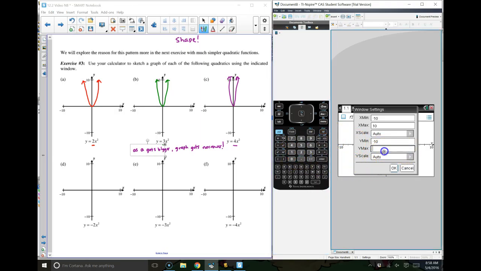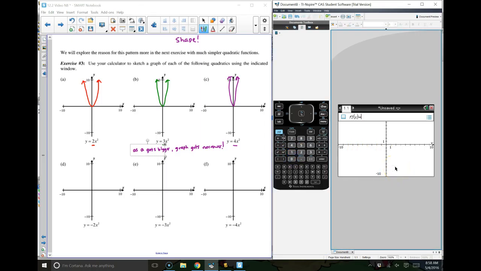Why isn't that typing it in there? There we go. Okay, hit OK, and now I'm going to type in my function, -2x squared. So the only difference with this one is which direction it should be facing. It's going to be negative, so now we're going to have a concave down graph. So -2x squared is identical in every way to 2x squared, except it's going to